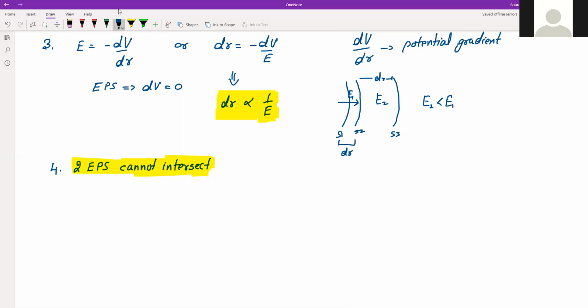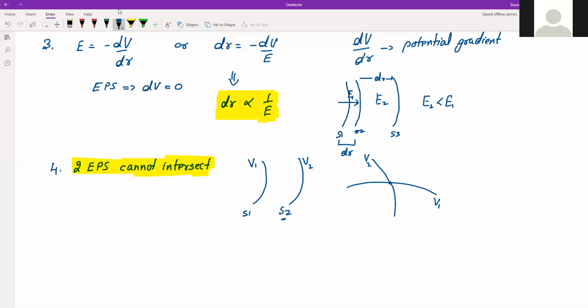Suppose there are two equipotential surfaces, S1 and S2. That means S1 will have some potential V1 and S2 will have some potential V2. At all points in S1 it will have the same potential V1, and at all points in S2 it will have the same potential V2. Now we are saying that they are intersecting. So if two surfaces intersect such that one has V1 and the other has V2, what will happen to the line of intersection, because these are two surfaces? When two surfaces intersect, they intersect at a line.